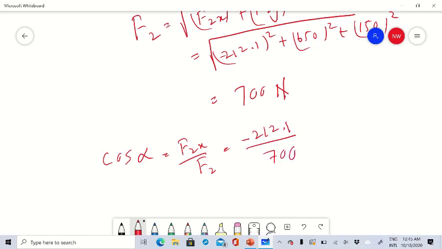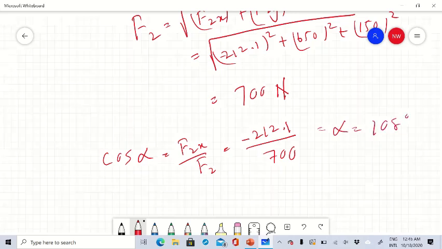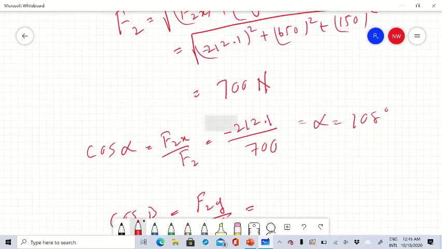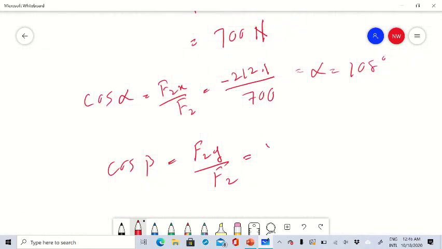So if you take this, you will take the inverse of cosine, you will get alpha is equal to 108 degrees. So say cos beta is equal to f2y divided by f2. f2y in here is equal to 650 divided by 700, which is equal to beta is equal to